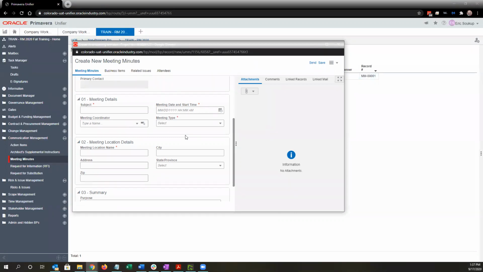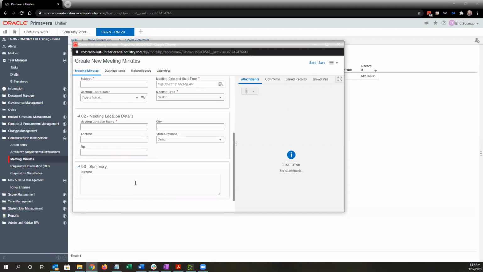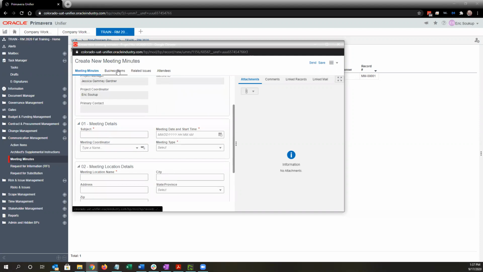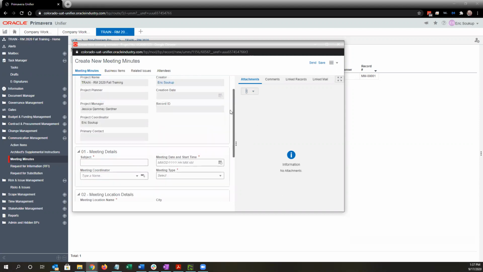You can come in here, fill out the meeting information, and simply attach the agenda. I would note that in the purpose so people don't go looking in the business items or attendees. So if you had an agenda and or attendee list and just wanted to attach those,